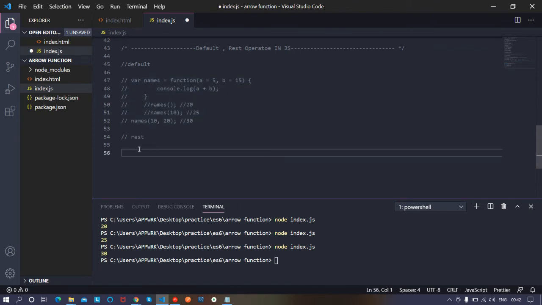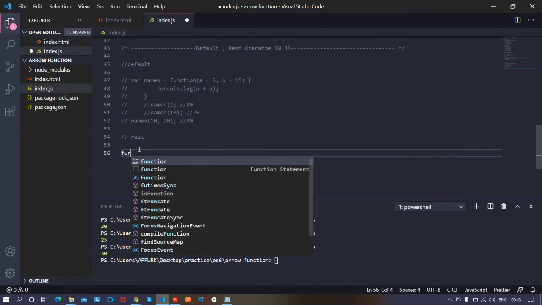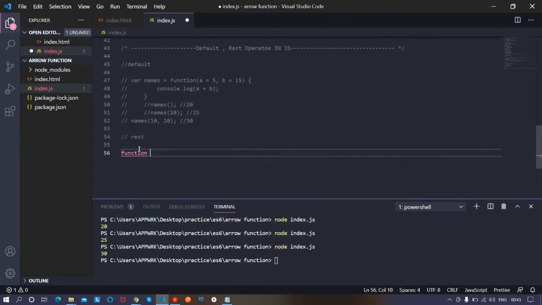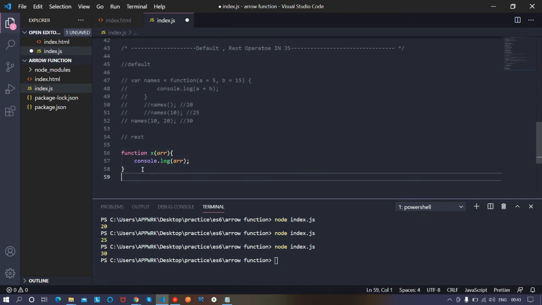Rest is used when you want to store an indefinite number of items in an array and pass it into the function. So let's see by doing an example. Let's make a function x, and console.log the variable which we will use in the array parameters. So let's call this,